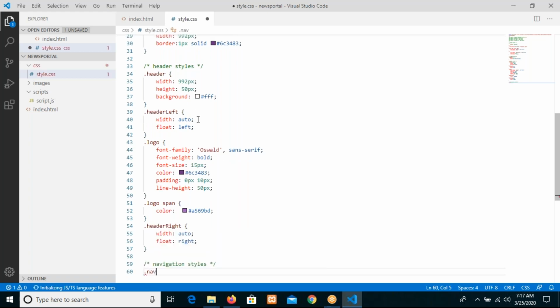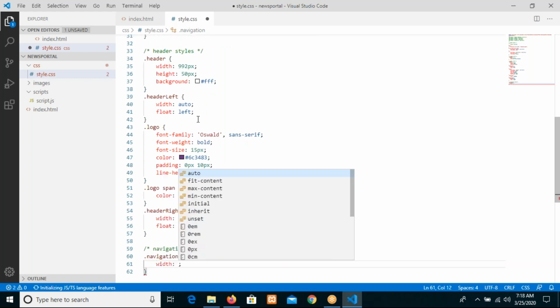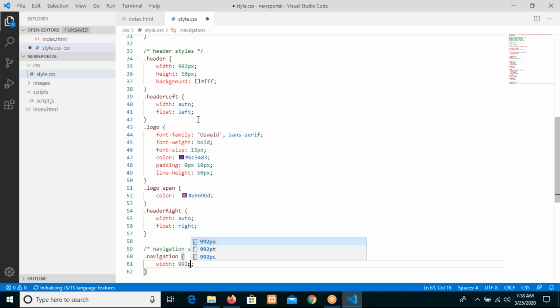So write navigation with the same, and height it should be 30 pixels,